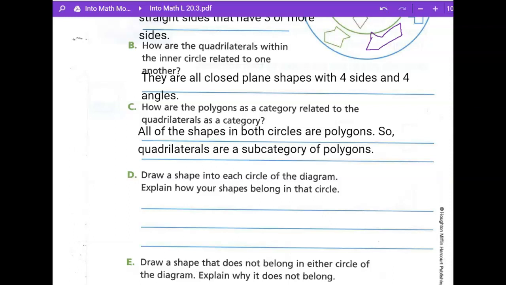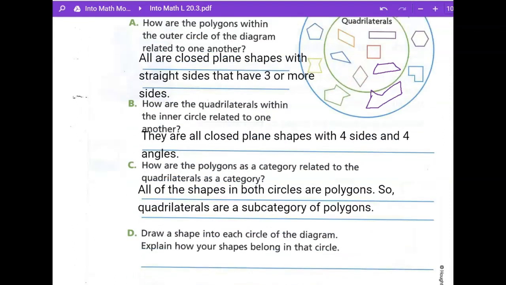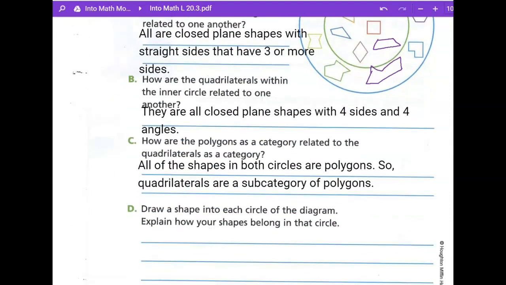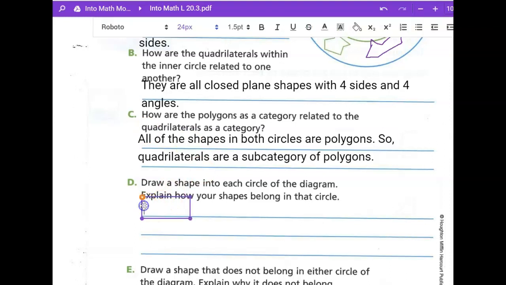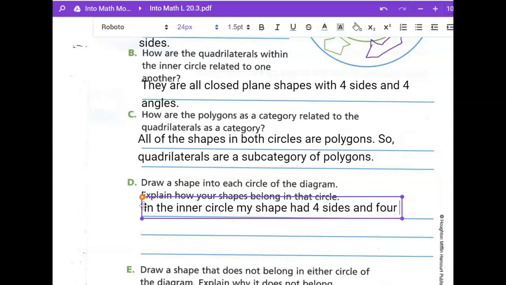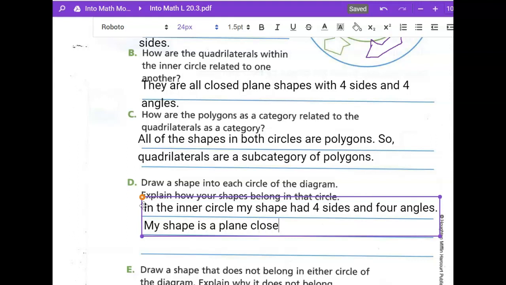We could explain my drawings like this. Draw a shape in the inner circle. Explain how your shape belongs. Well, in the inner circle, my shape had 4 sides and 4 angles. In the outer circle, you could say my shape is a plane closed figure